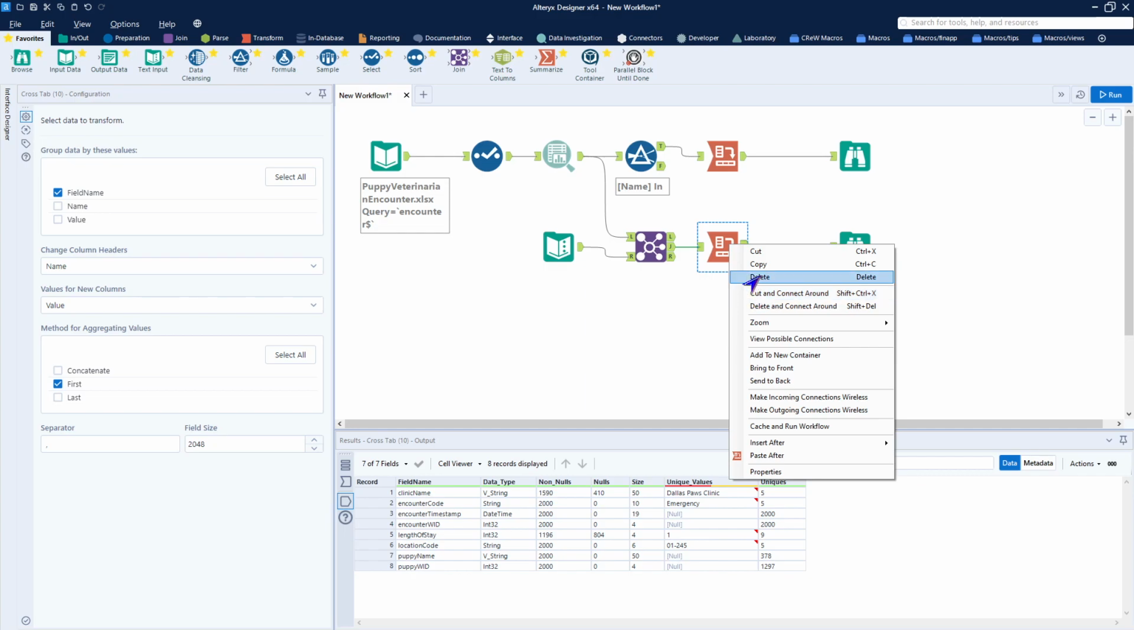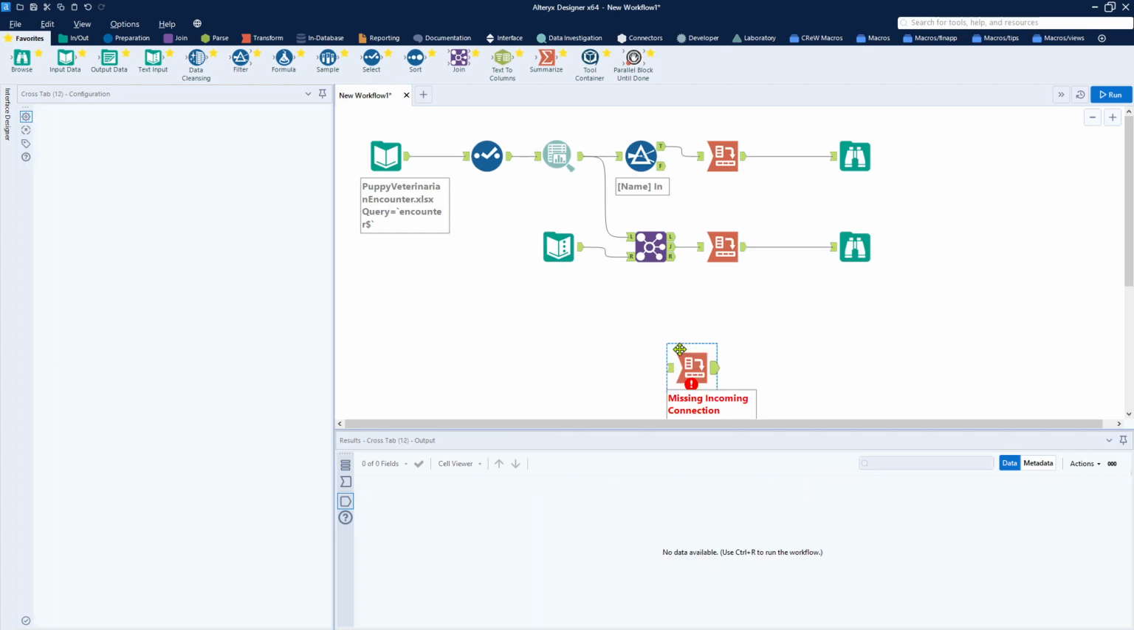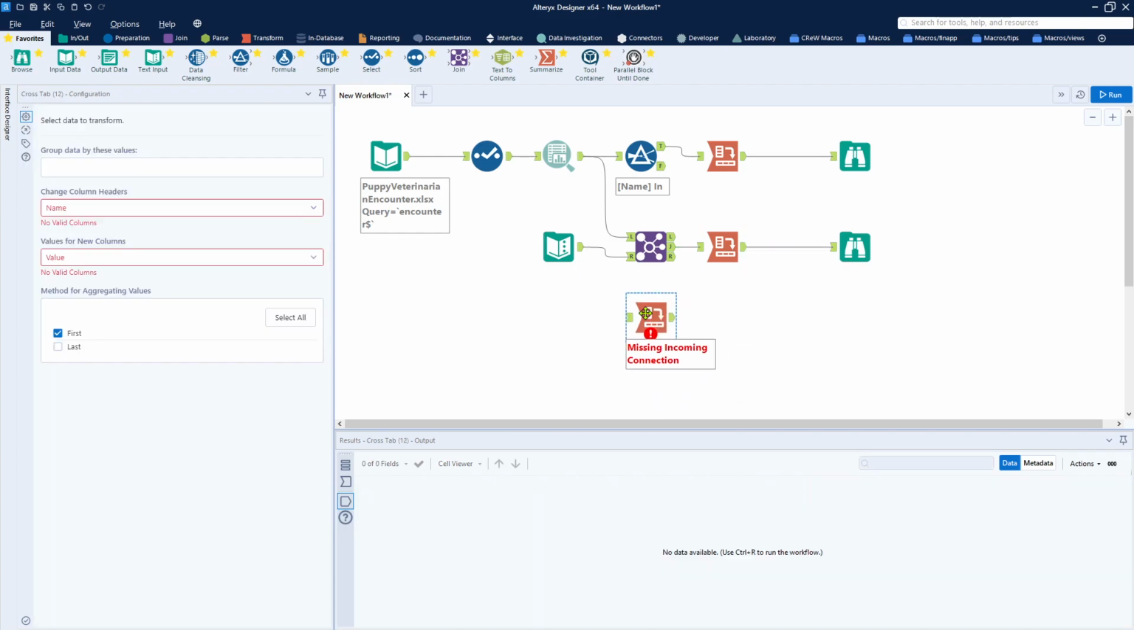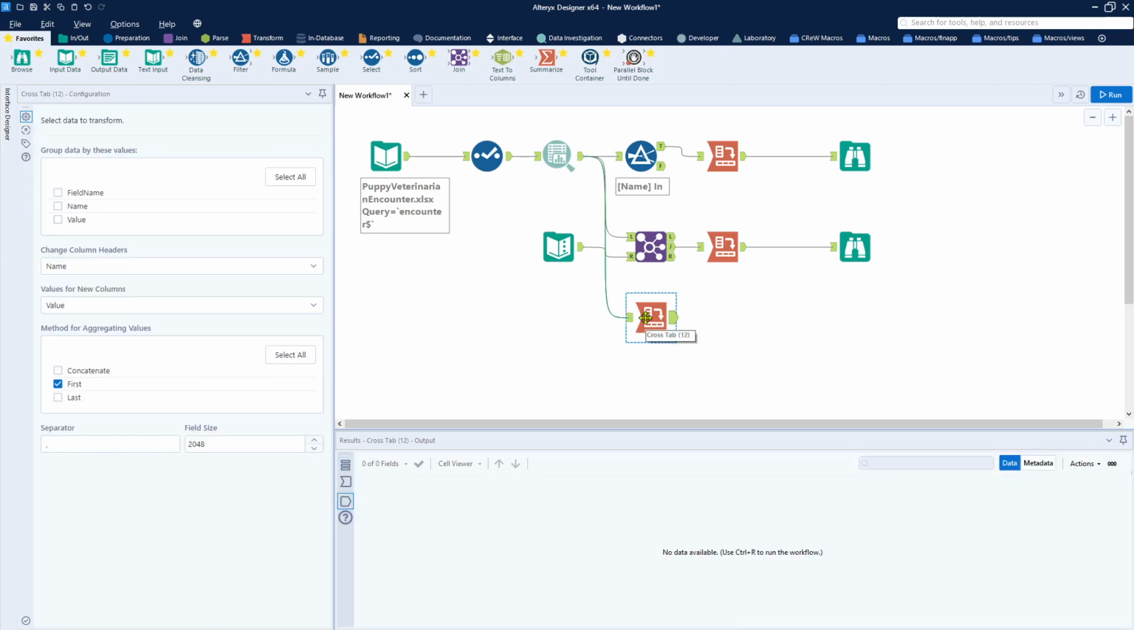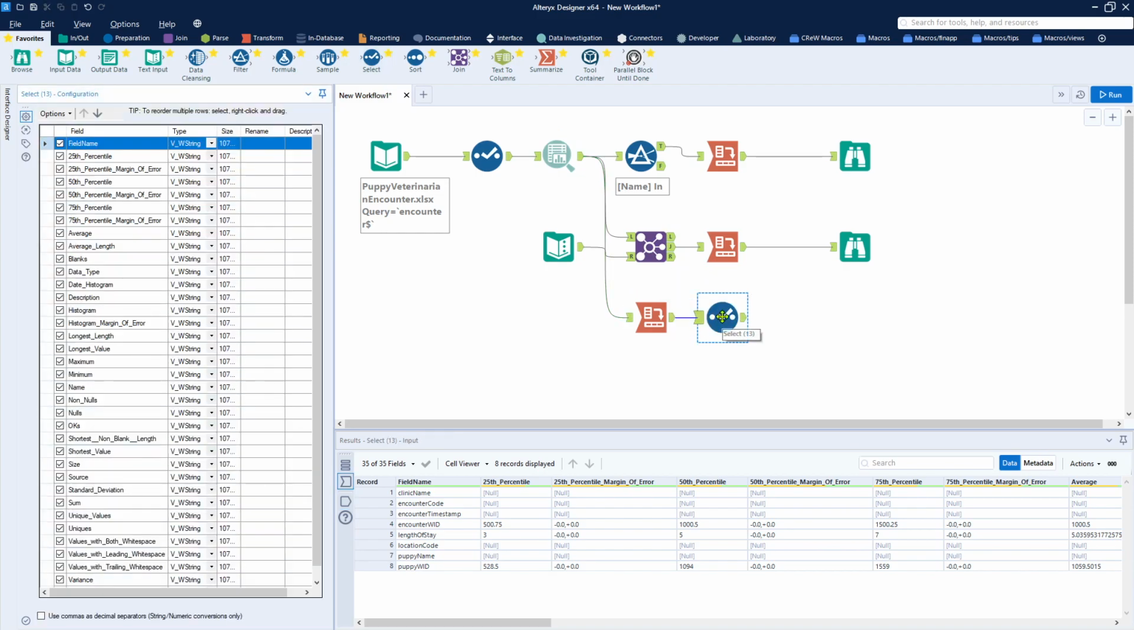Cross tab. Straight off of the input data. Get that done first. Again, it wants us to choose field name to make sure it goes through there. We run this. Now we have a whole lot more columns than we need, so as you may or may not always remember, we can get rid of those extra ones by coming into